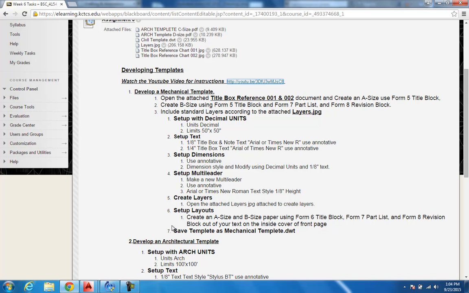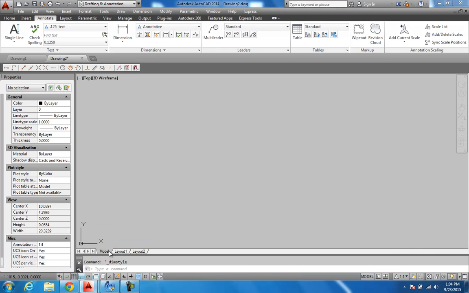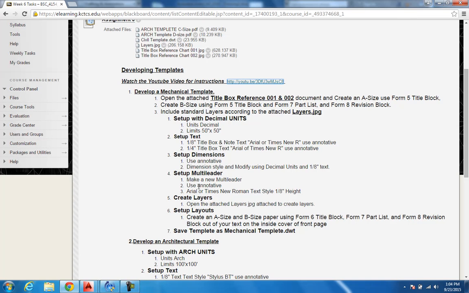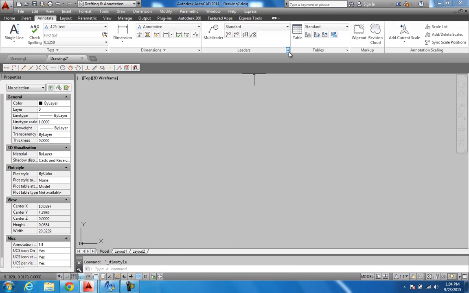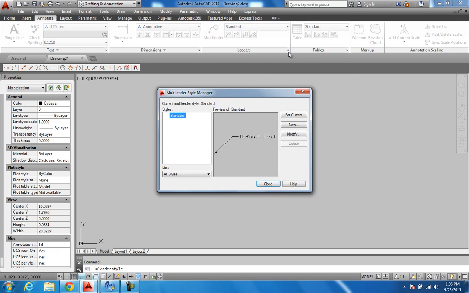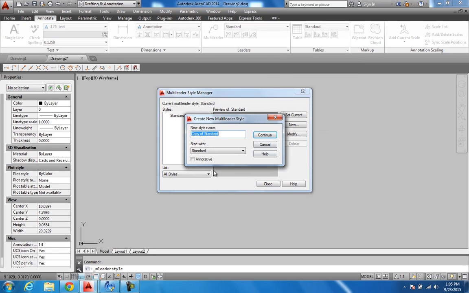Now we're at multi-leader. Let's do that real quick. And right here's the multi-leader, and you notice when I click here, you just got one made. It's a standard. I want to make an annotative multi-leader, and let's go back and look at that. It wants the annotative and Times New Roman style 1/8 of an inch text, so I'll show you how to do that real quick and easy. Come up here and hit your style manager, hit new, and right here the main thing is I want to type in, I'm just going to write annotative on this one,